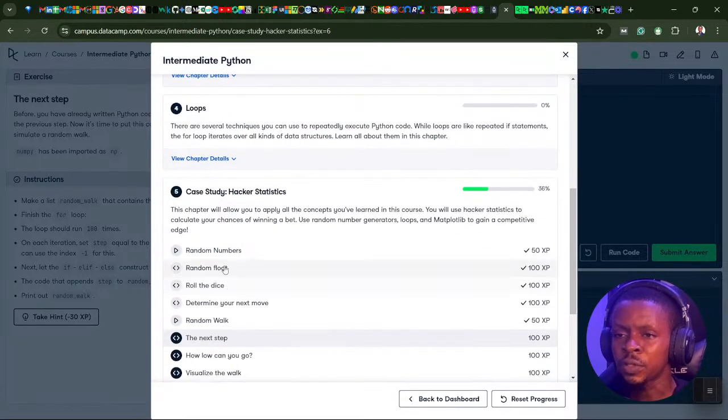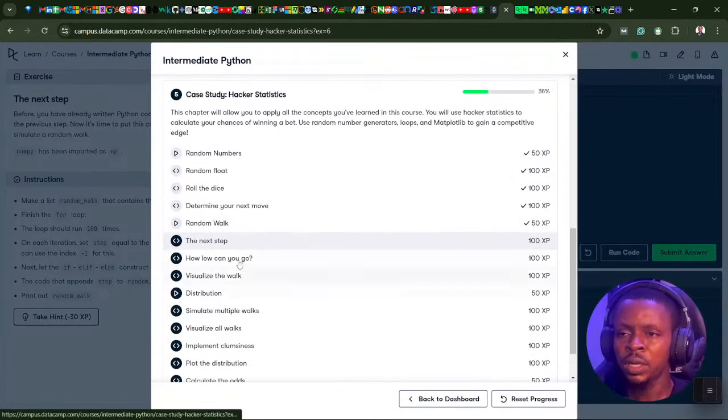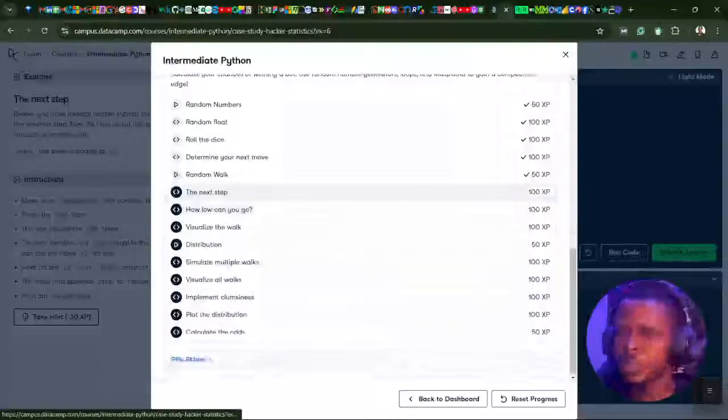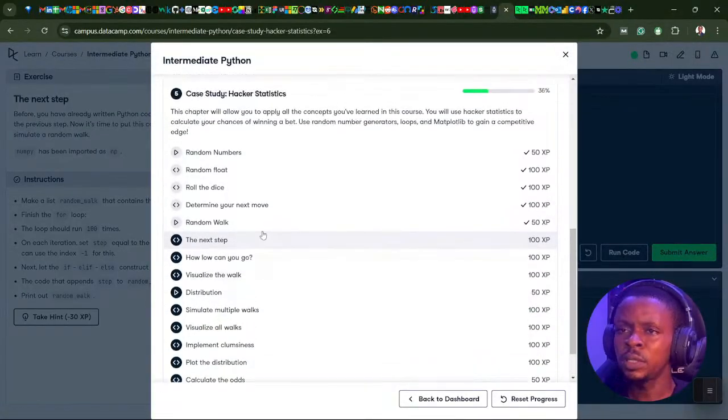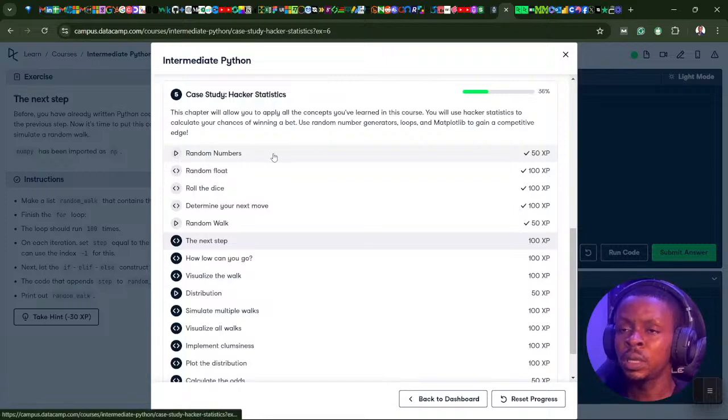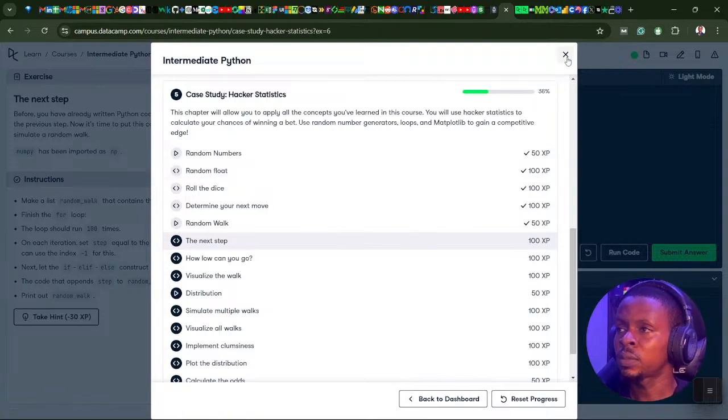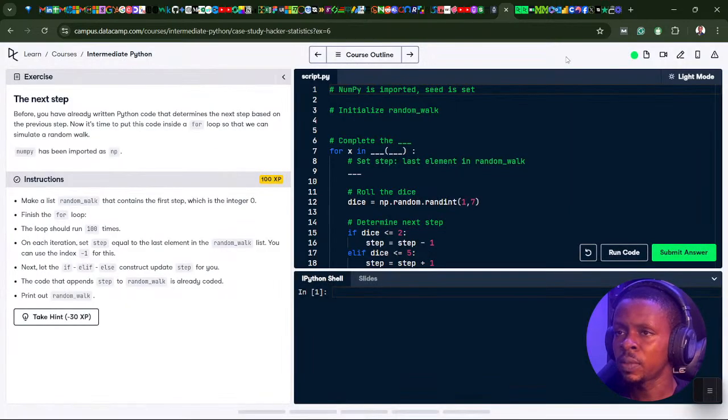I think we should stop here for today. So we're going to continue the case study tomorrow, day 16. Probably just finish the case study on day 16. So on today's case study, we actually learned how to create random number generators and use loops in Python to throw a dice and generate random numbers, like normally when you throw a dice in real world settings. That was quite interesting to see.